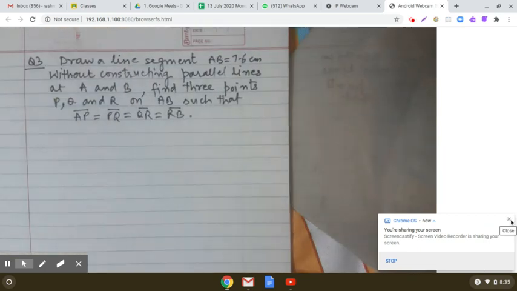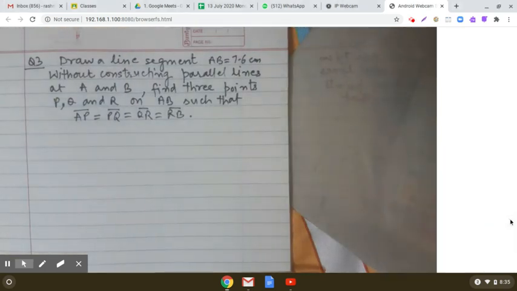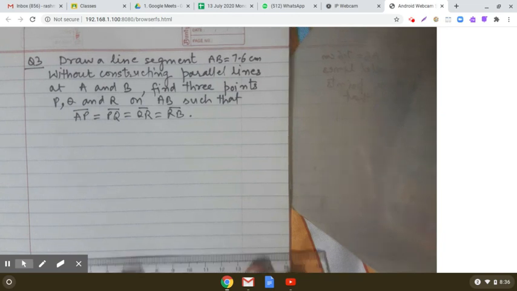Dear students, let us discuss this question which has been asked by one of the children. Draw a line segment AB equal to 7.6 centimeters and without constructing parallel lines at A and B, find 3 points P, Q and R on AB such that AP is equal to PQ is equal to QR is